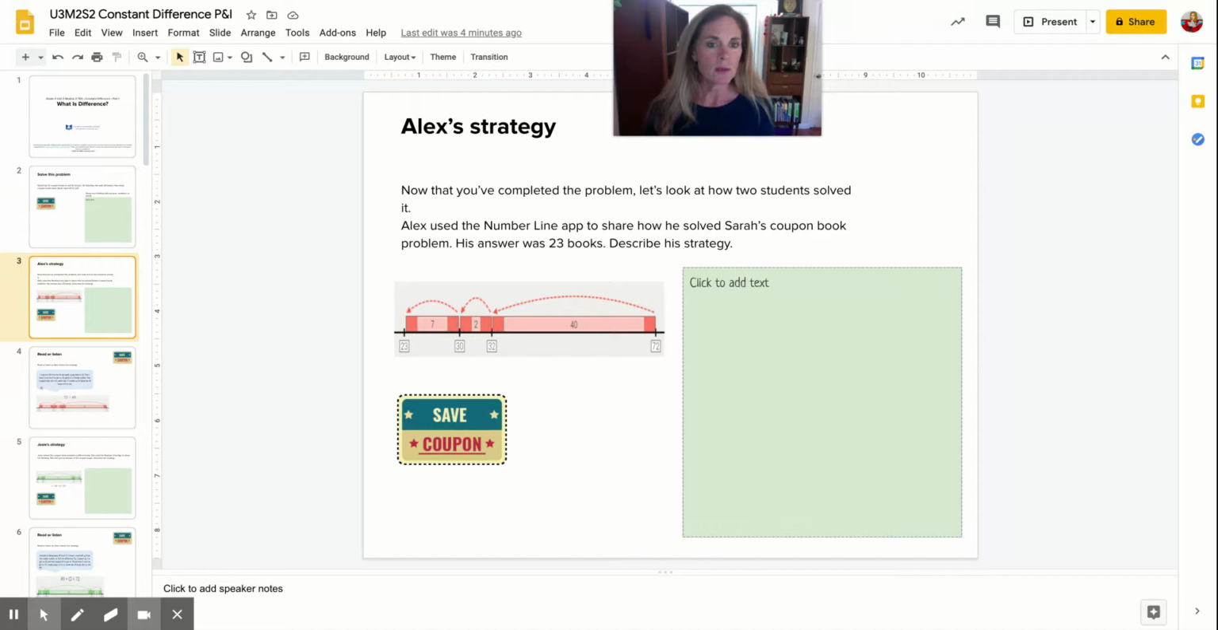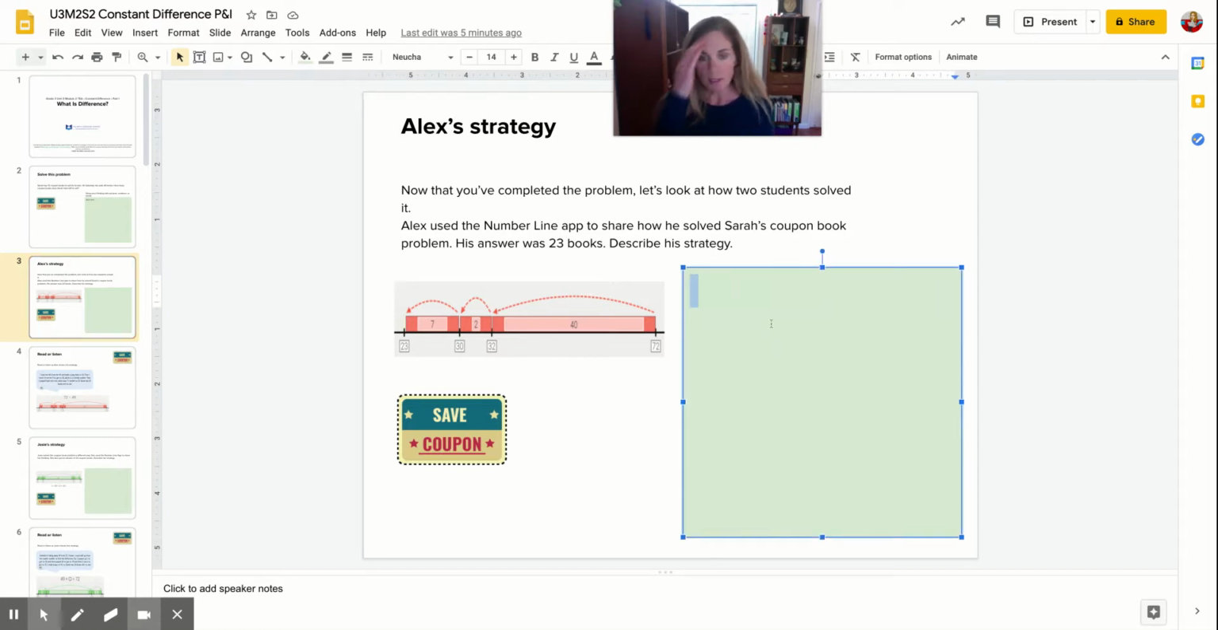Alex used his number line app to share how he solved Sarah's coupon book problem. His answer was 23 books. Describe his strategy. So here, you're going to click over here and you're going to say something like,